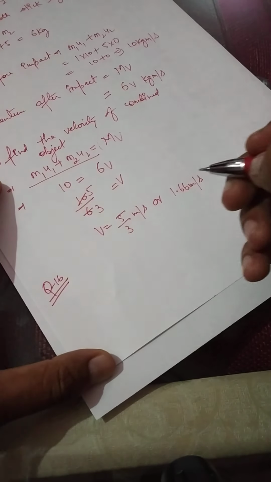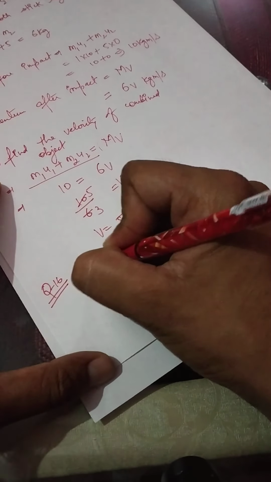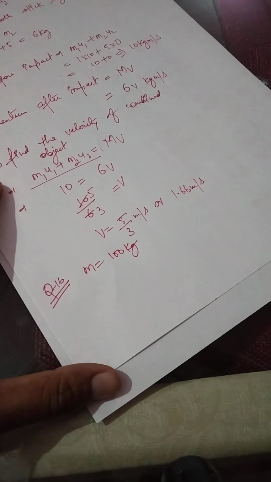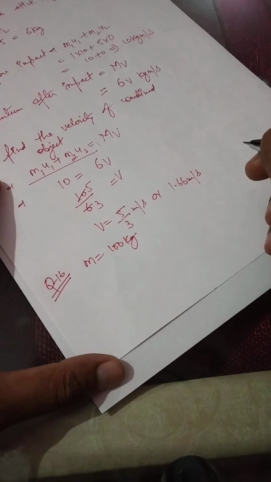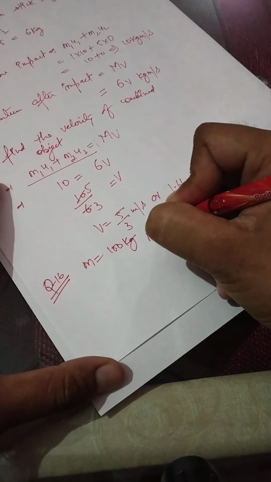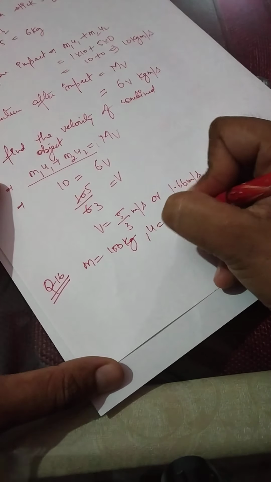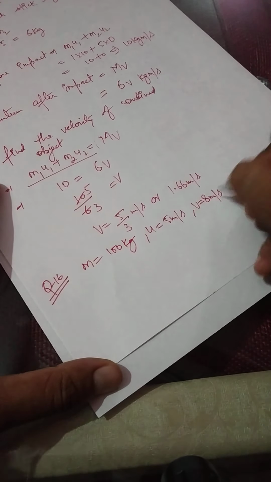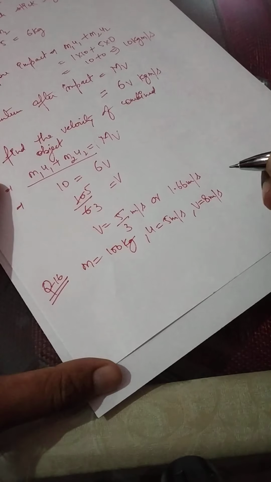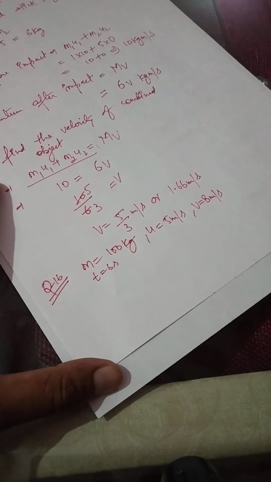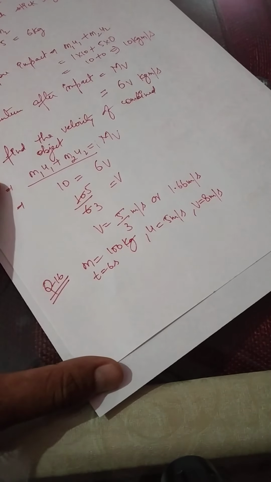So we've been given, it's a very simple question. Mass of the object is 100 kg. We have been given that the object is accelerated from 5 meter per second to 8 meter per second. That is, initial velocity is 5 meter per second, final velocity is 8 meter per second, and the time it takes is 6 seconds. We have to calculate the initial momentum, the final momentum, and the magnitude of the force.